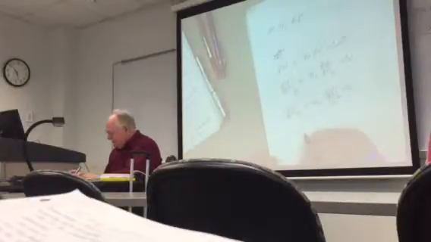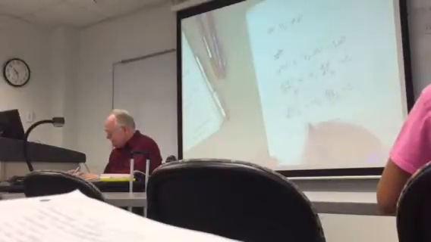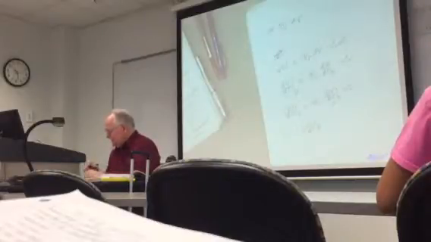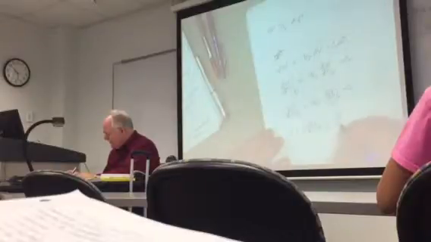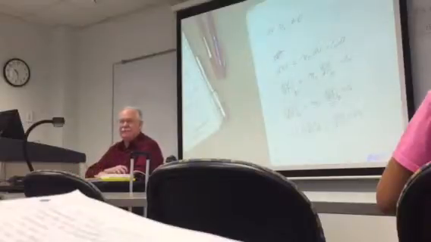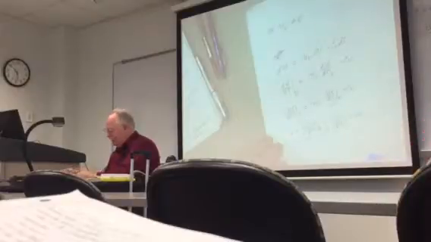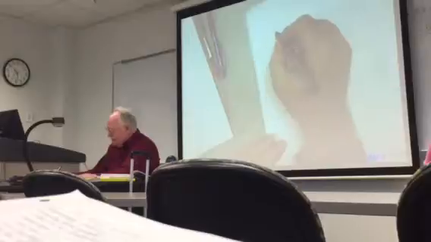Alpha, the coefficient of thermal expansion, was 1 over v, partial of v with respect to t at constant pressure. So that derivative is equal to volume times alpha. Simply multiply that equation through by volume. And we can get, substituting that in,